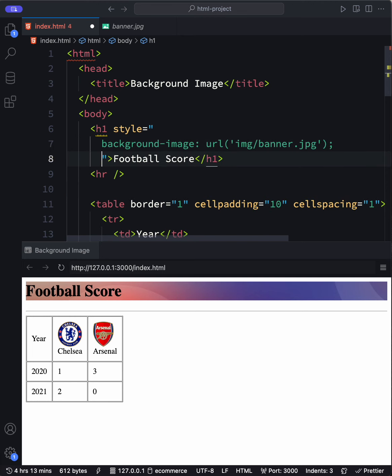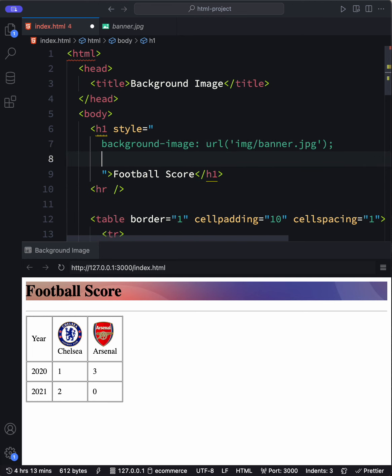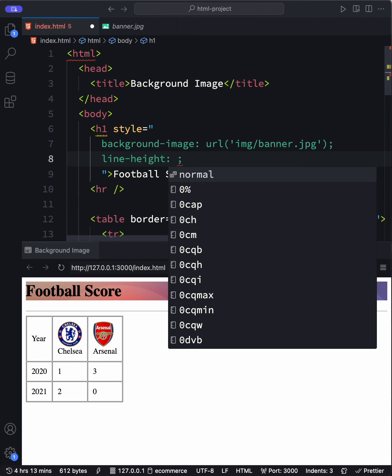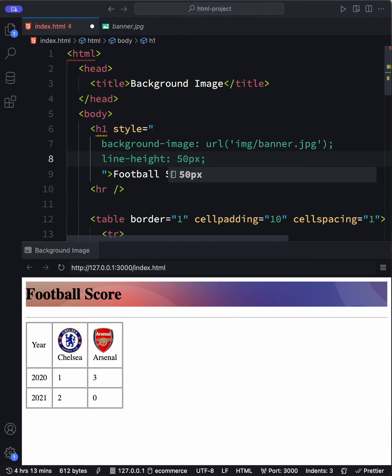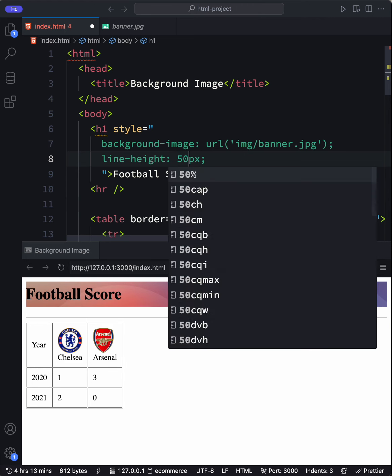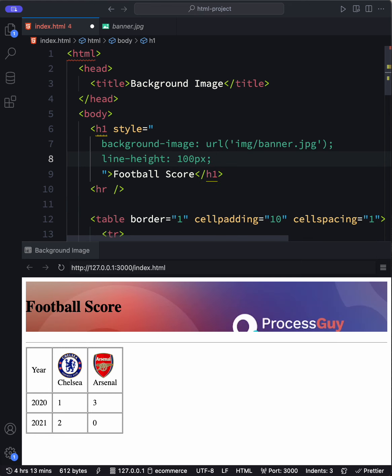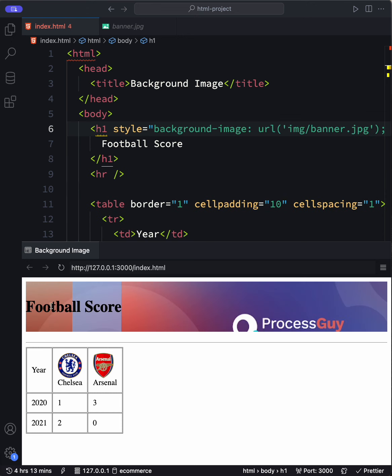So we can hack that and use it to increase the line height of the text. That way it will look as if the text is very big. So let's quickly do like 50. So 50 looks so small. Let's do 100. So you can see, guys, what I'm trying to say. So this is what line height does. If you highlight on it, it says the height of the line is this big. That's what it does. So I'm going to reduce it a little bit so that we can have something perfect